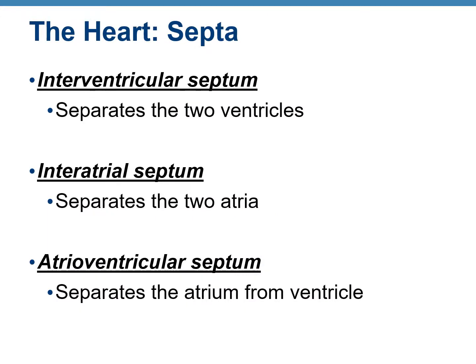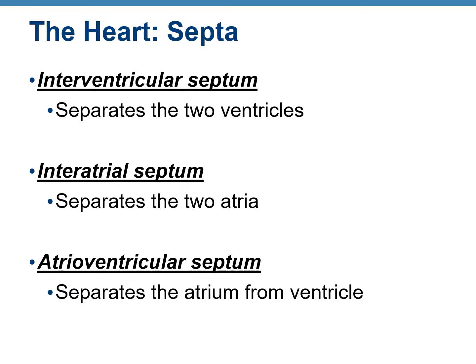Coming back to the heart chambers, remember that heart has 4 chambers. And just like the rooms of a house, there are walls between the rooms. So the wall between the 2 atria is known as interatrial septum. This wall is solid. There are no windows. Similarly, the wall between the 2 ventricles is known as the interventricular septum. This wall also does not have any windows, no openings. So when there aren't any openings, can blood flow between 2 atria or 2 ventricles? Never. In a normal healthy heart, it can never flow between 2 atria and 2 ventricles.